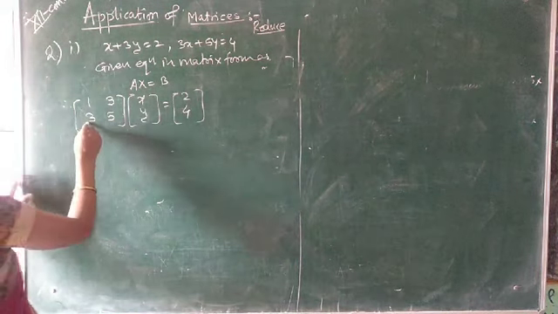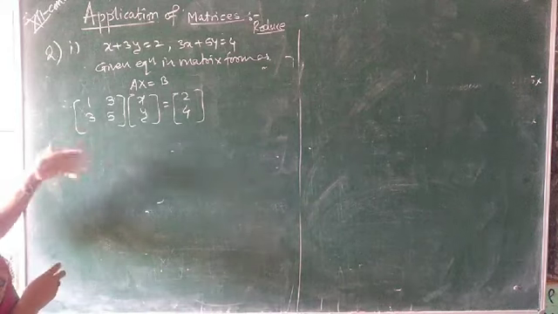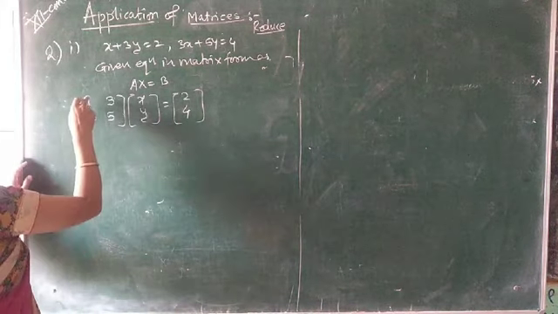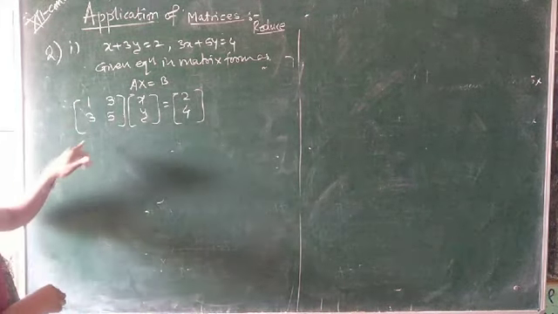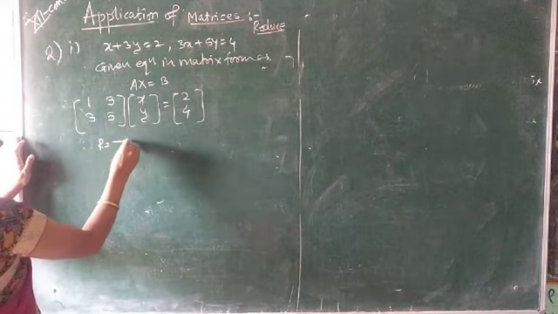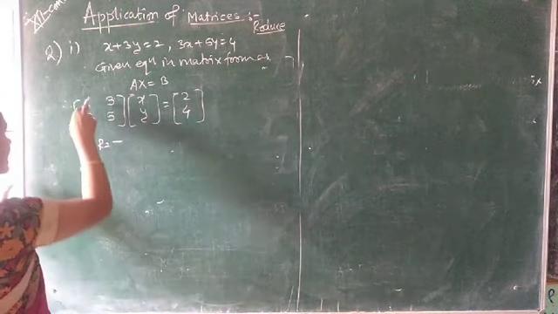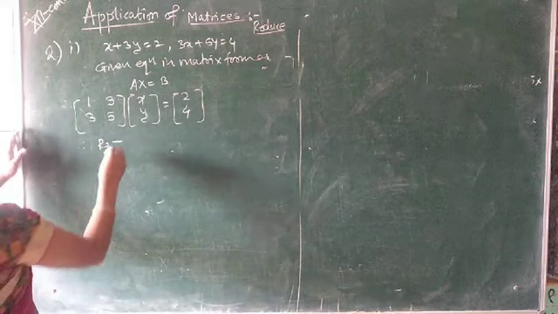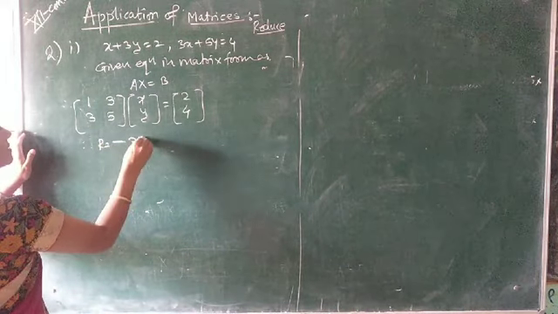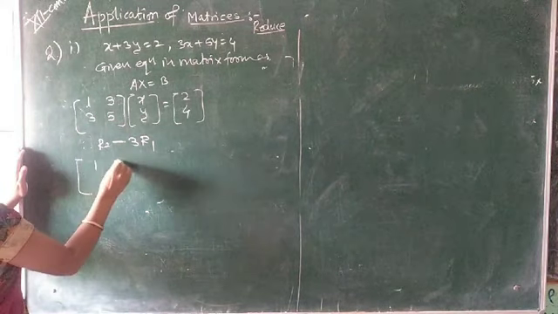So here we make this 3 zero. So how to make this 3 zero? Multiply R1 by 3 and then subtract this from R2. So R2 minus, and first we have to make our first element always 1. Here it is already 1. So R2 minus 3 times R1. Right? R1 as it is.